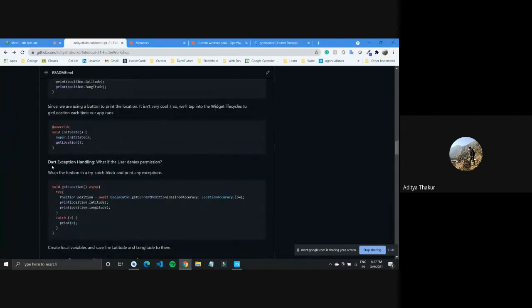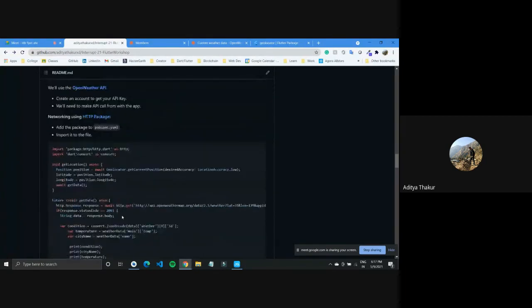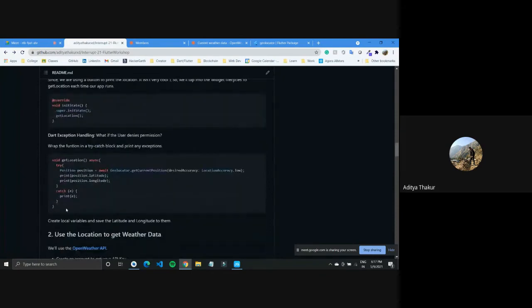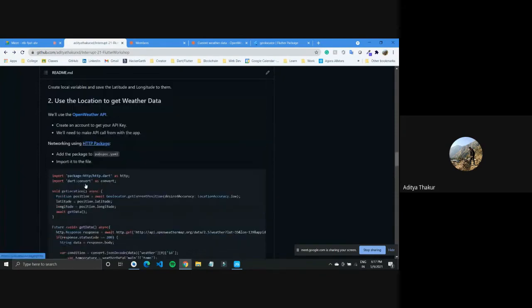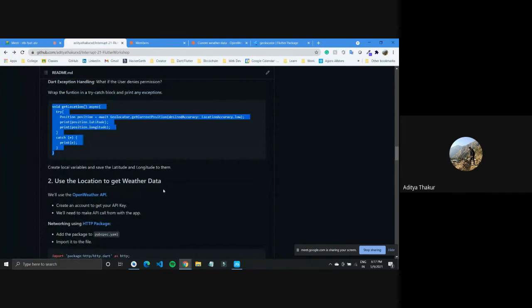You can use Dart exception handling, wrap it with try and catch and print any problems that we might run into. This is for the advanced apps, once you want to properly make a weather application and put it up on the Play Store. For that you can take care of these edge cases as well.